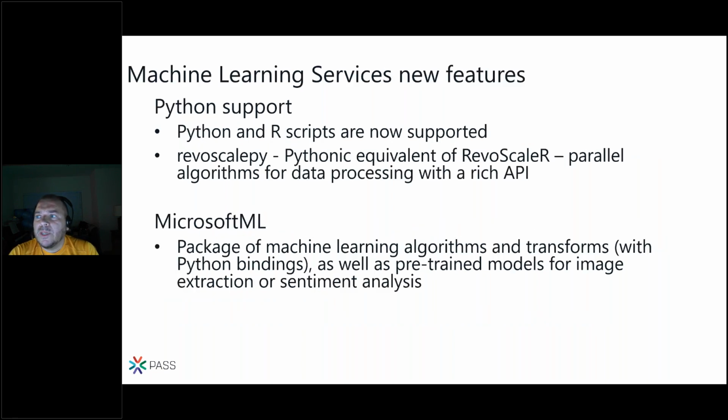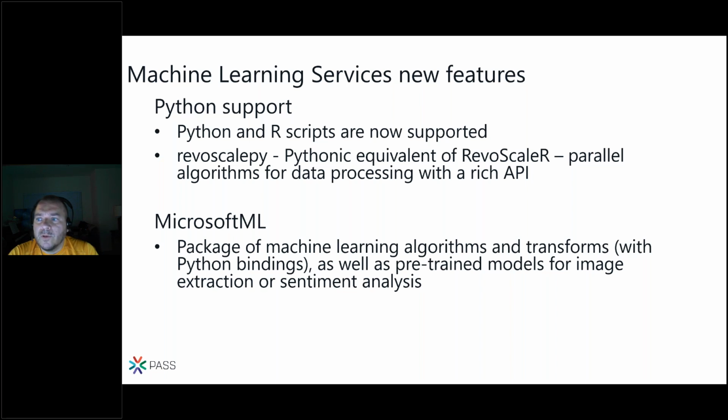And then Machine Learning Services has a lot of new features. The big thing is that we now also support Python. So you can do your data science using both of the lingua francas that are currently widely used in Machine Learning Services.